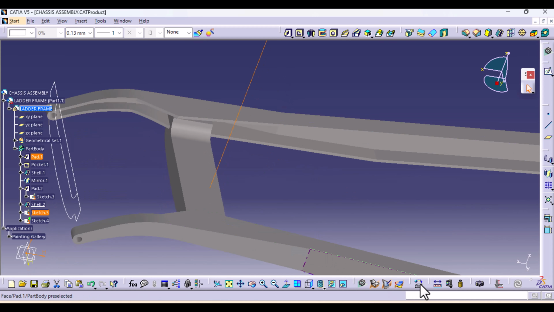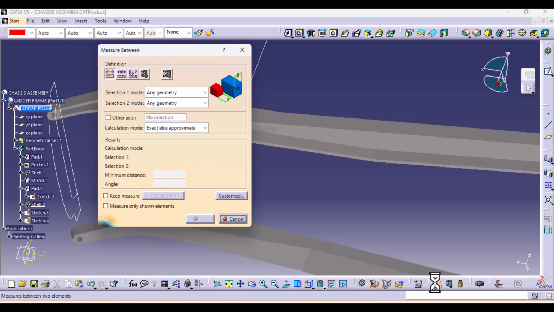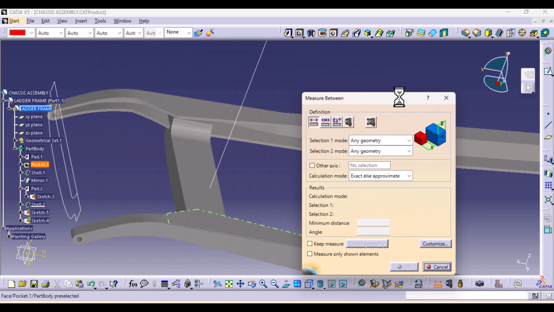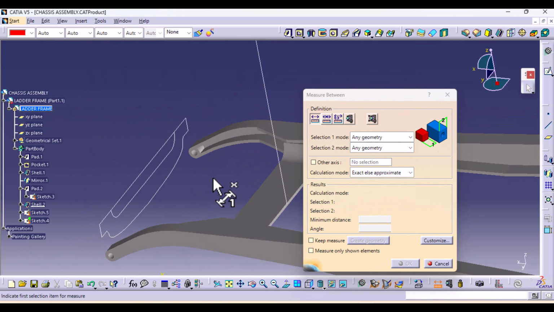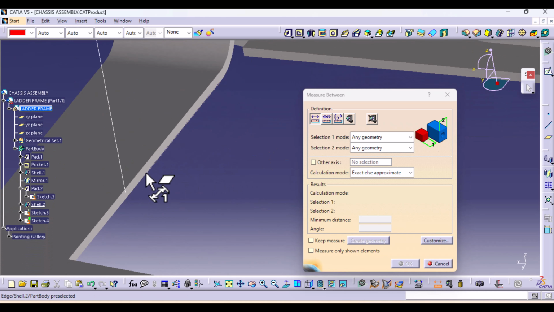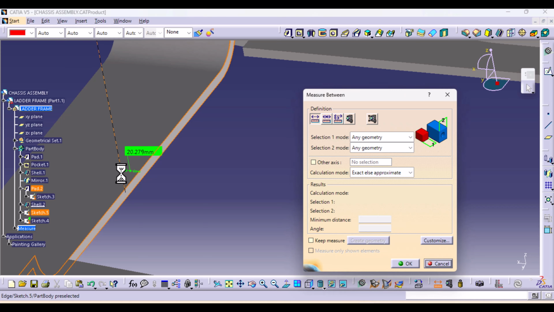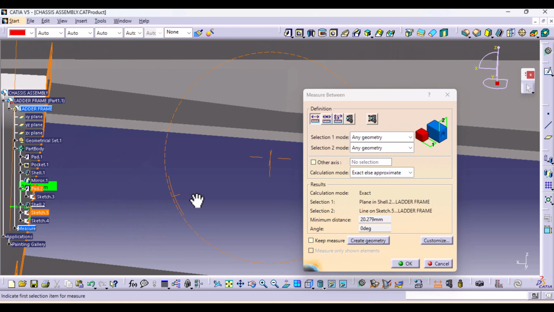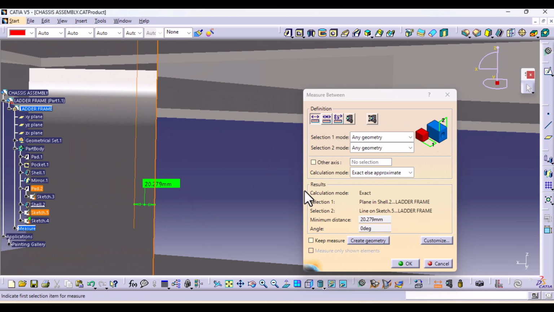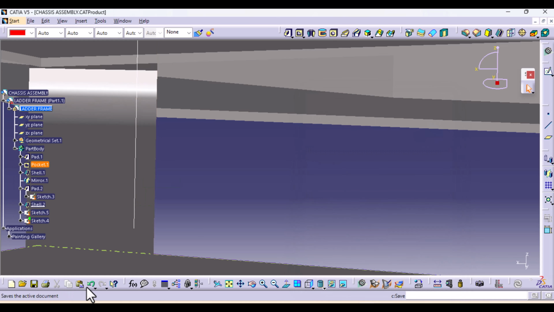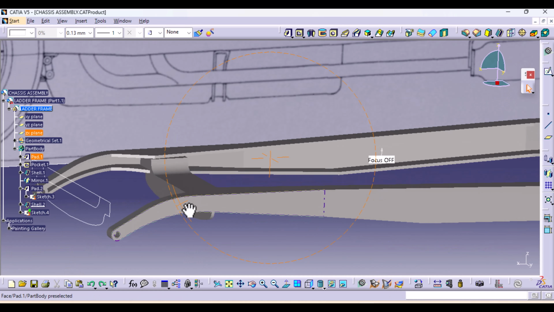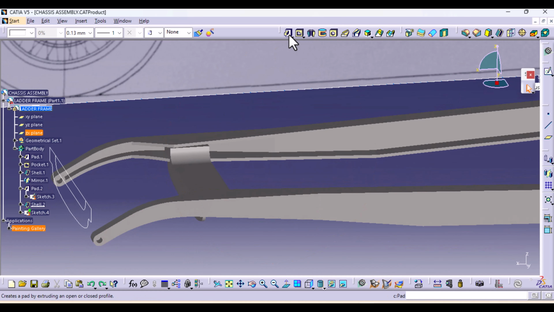So you can measure the distance between this face and this line, and that's about 20 millimeters, right? About 20. And then I can say undo. I don't need that sketch. So we can create a pad